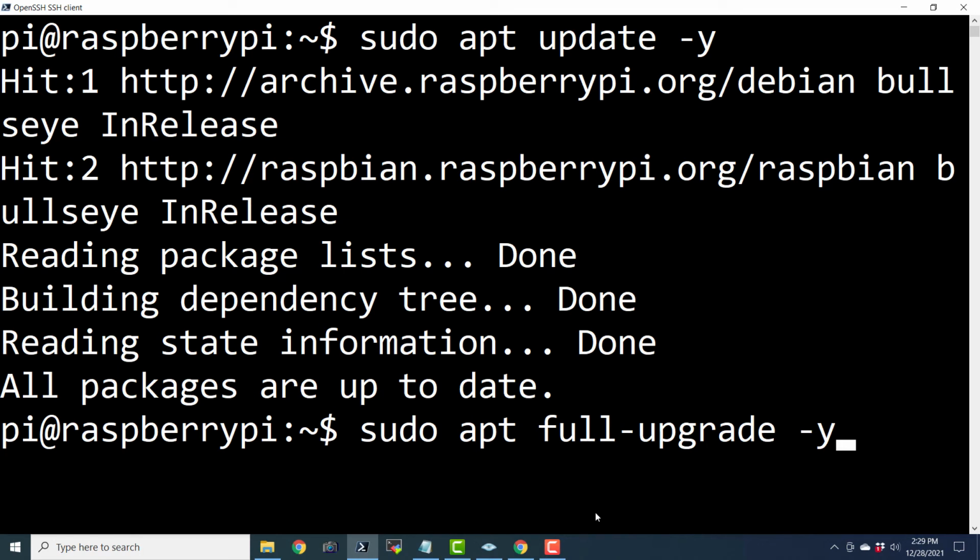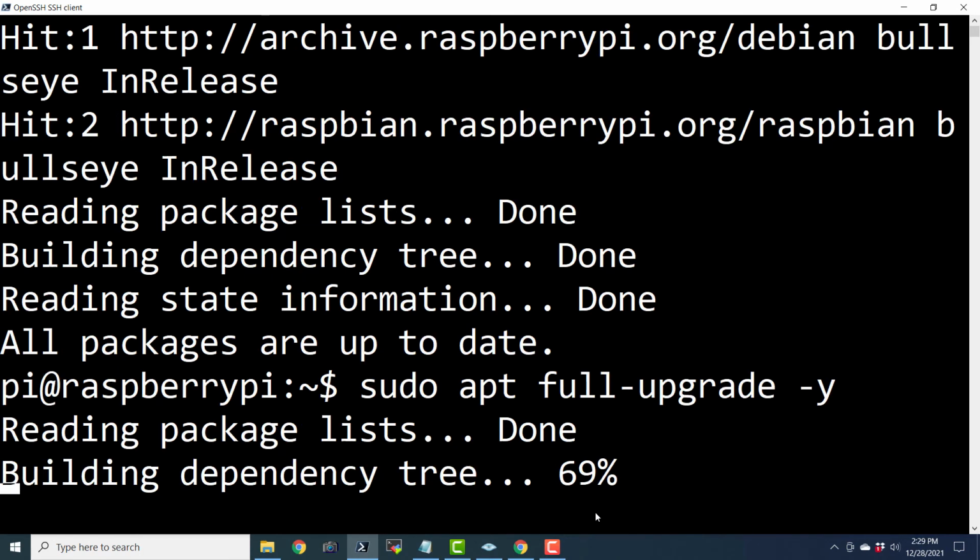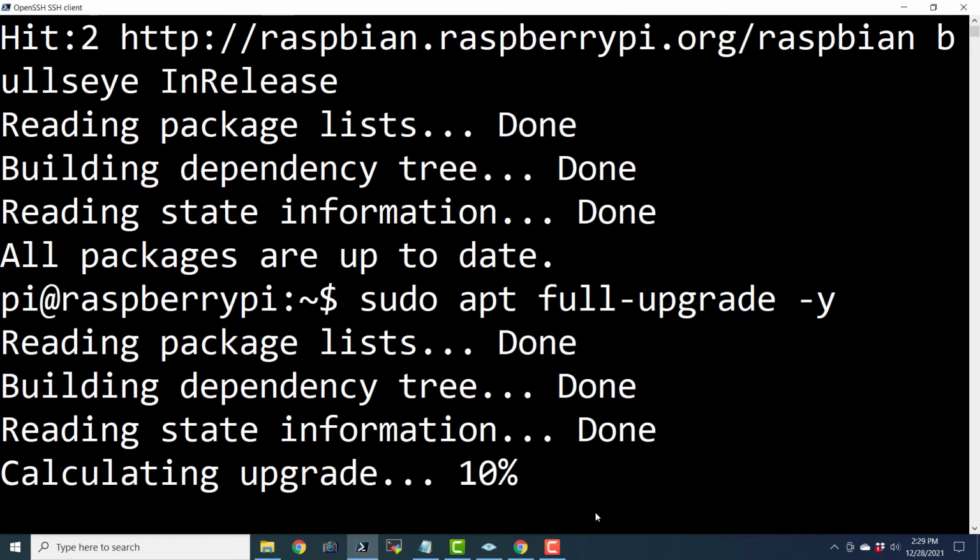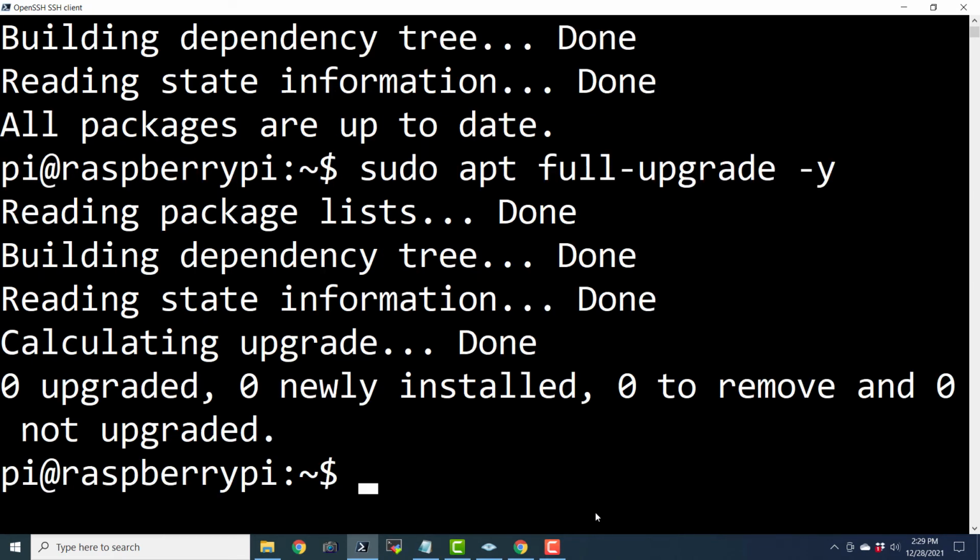So let me run this full upgrade command again, and it should actually exit in only a couple of seconds. Okay, so it says that 0 upgraded, 0 newly installed, and 0 to remove, and 0 not upgraded. So it means that our system is up to date.